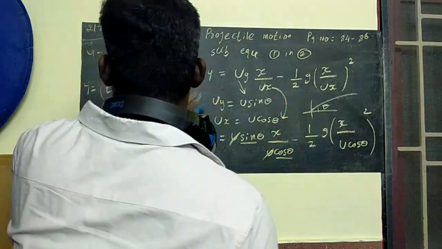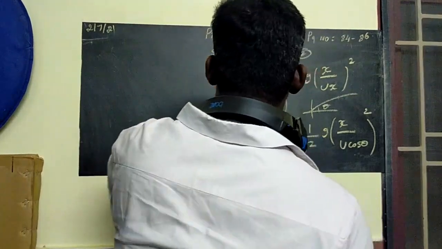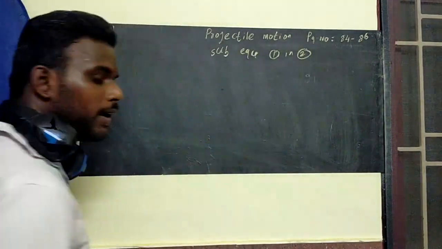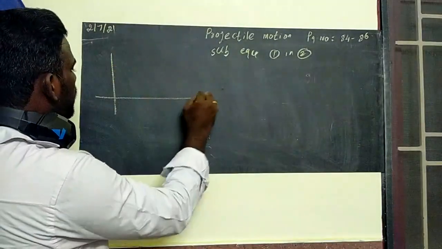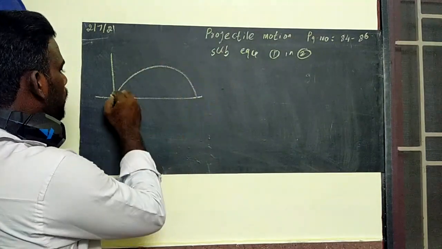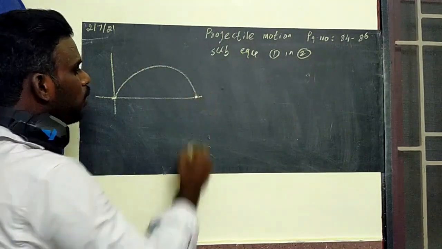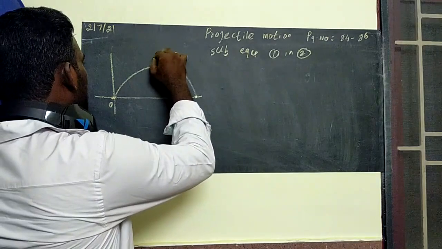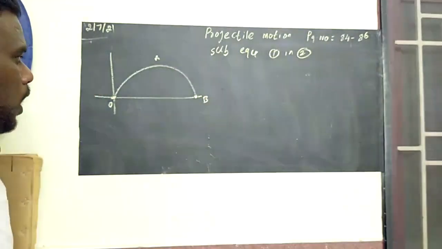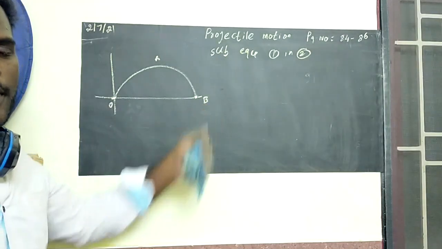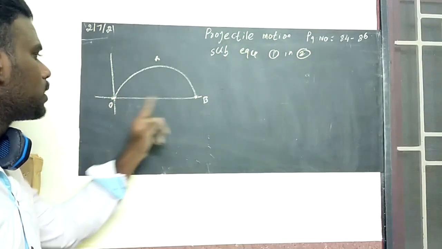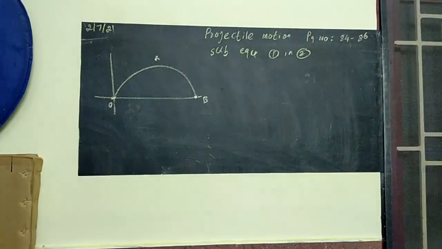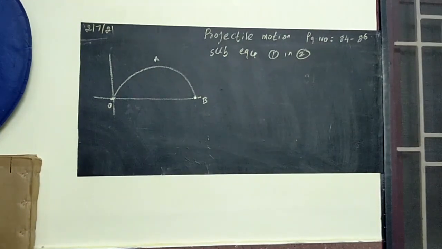Now, next thing, what will be the time taken by a body between the point of projection and the point where it hits the ground? Which means, I want to know the total time taken from the point of projection until it hits the ground. So this we can take as O, this we can take as A, this we can take as B. I want to know the total time taken to reach point B. Is it clear? Fine. See that.